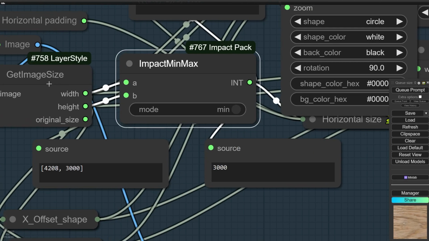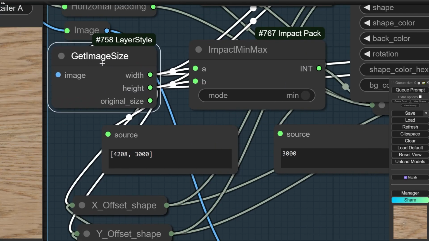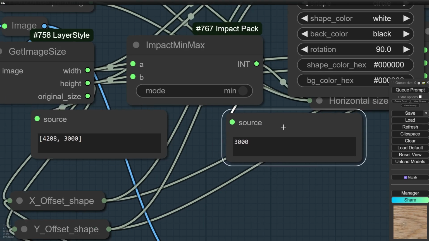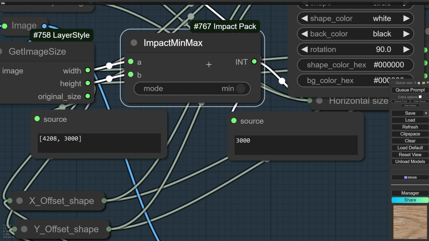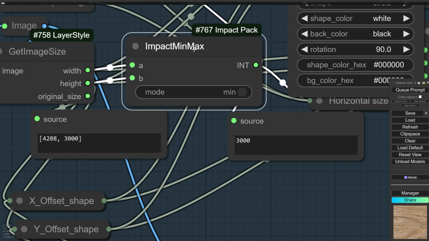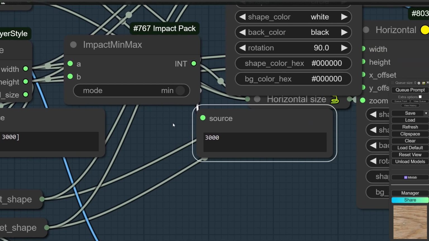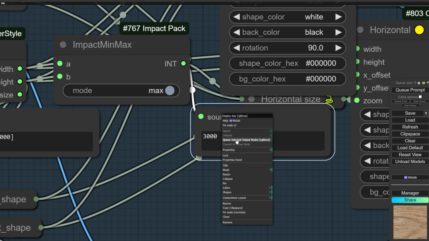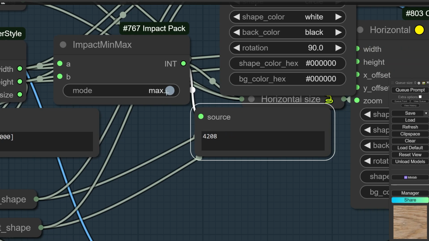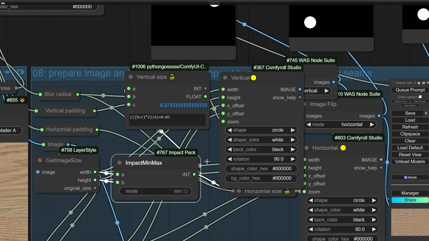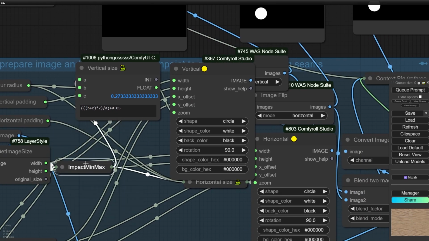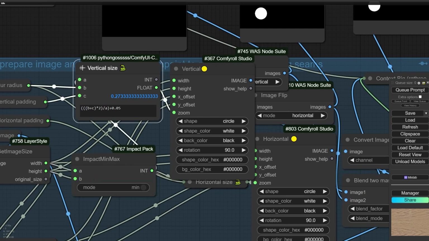For example, here you can see that the value that is coming out from the original image is 4000 in 3000. But the value that I am getting from the minimum maximum now is 3000, because now it is sending the minimum value. If I click, I can get the maximum value, but I need the minimum value at this moment. So after finding the value for the zoom by these nodes,